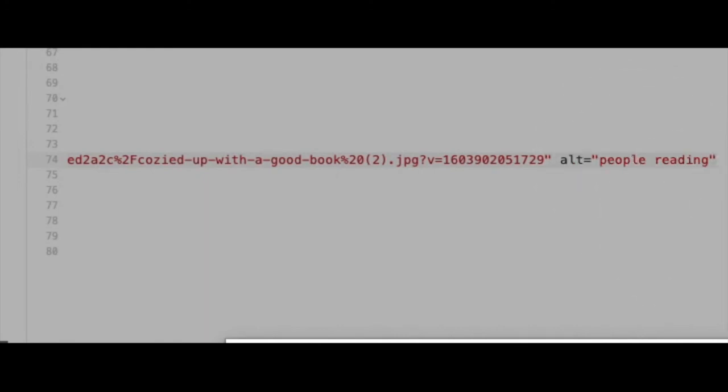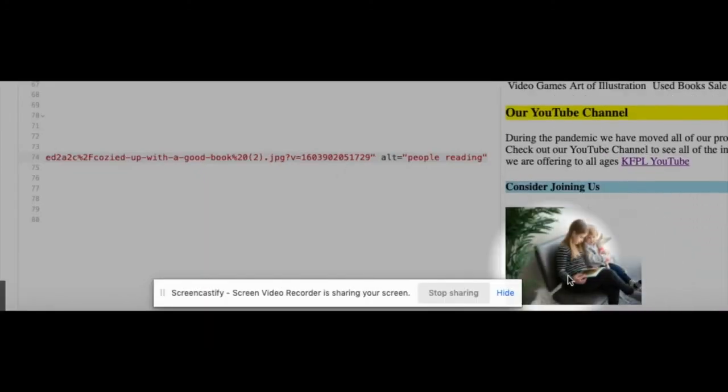So my image is of a couple of people reading in a library. So I've called my image people reading. This is a requirement for accessibility purposes so that people will know if they cannot see or can for some reason not pull up the image file, they know that it is an image of people reading.